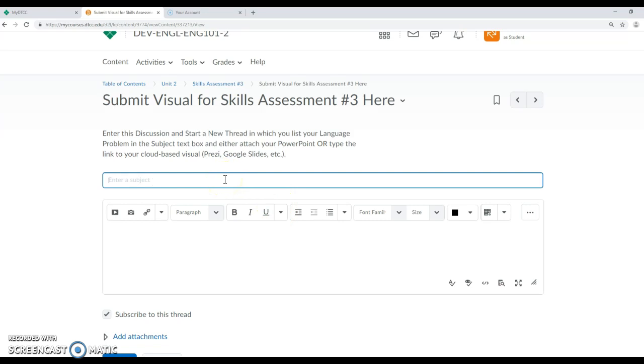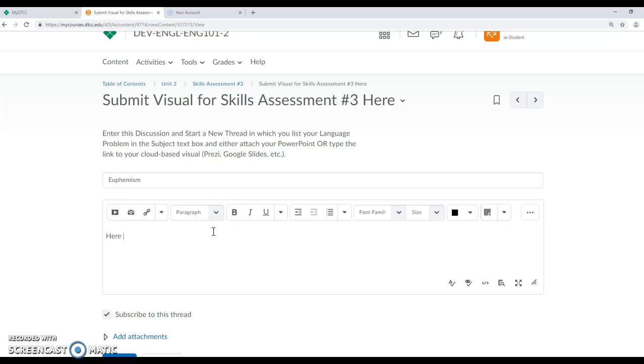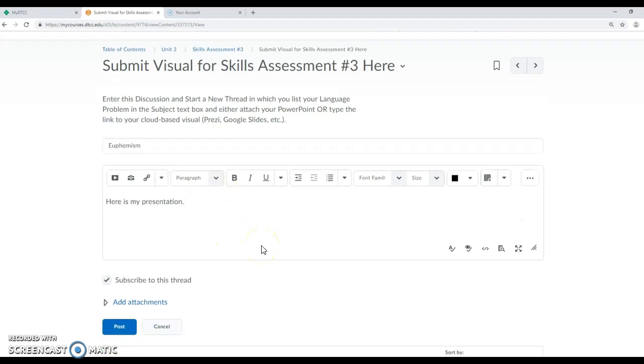You'll be given instructions on what to type in the subject text box and what you should be submitting. You'll probably need to type something in the main text box. So here is my presentation. And then to submit the particular item, which could be a PowerPoint presentation or a visual made in the cloud, such as Prezi or Google Slides, or possibly a YouTube video, then you would need to follow one of these